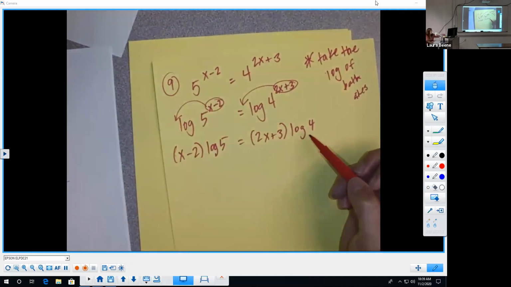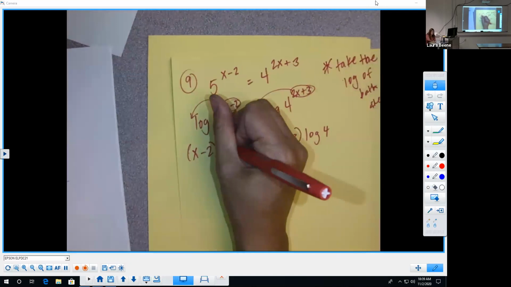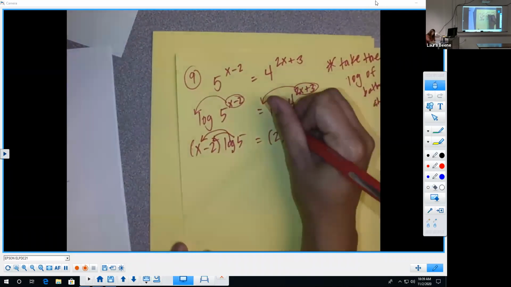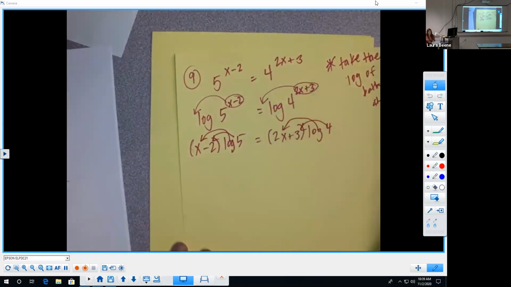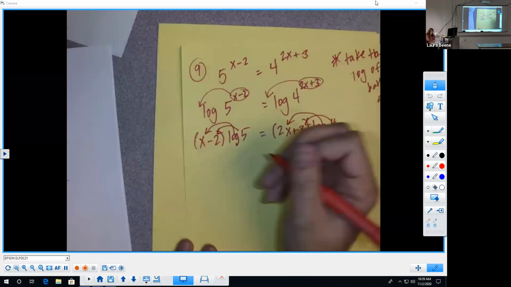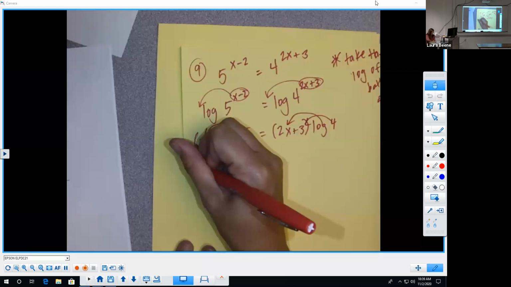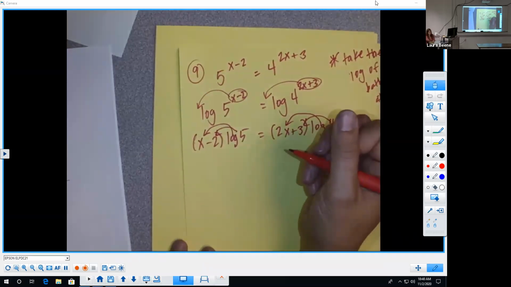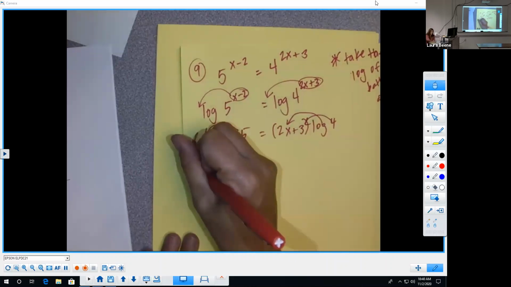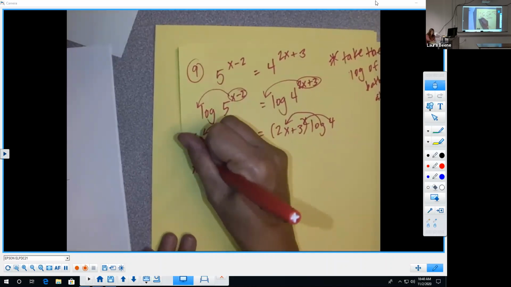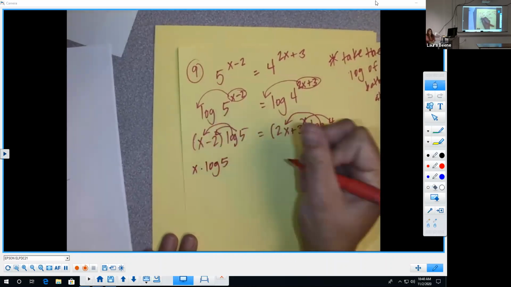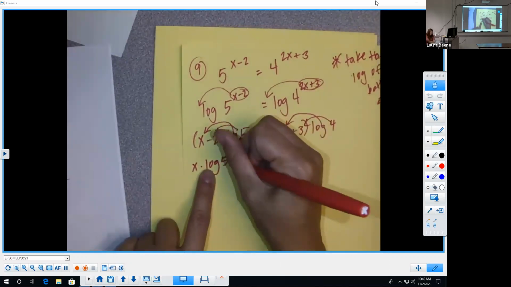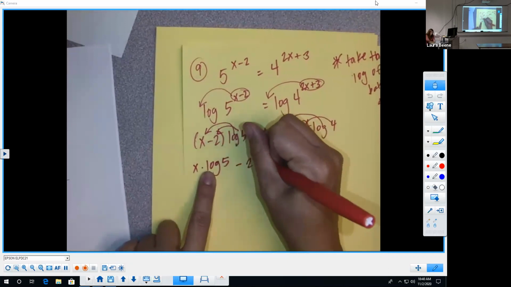Okay, but it's just a number. So I can just distribute that number to my x and to my 2, and distribute this log 4 to all the stuff in that parentheses, because it's just a number. So this means I get, you could write it log 5 times x or x times log 5. It doesn't really matter either way. Usually you put the x out front because the x isn't in the log, and it might look like it's in the log if you put it after. So x times log 5 minus 2 times log 5